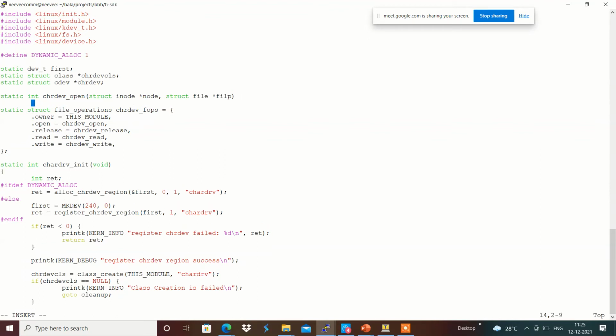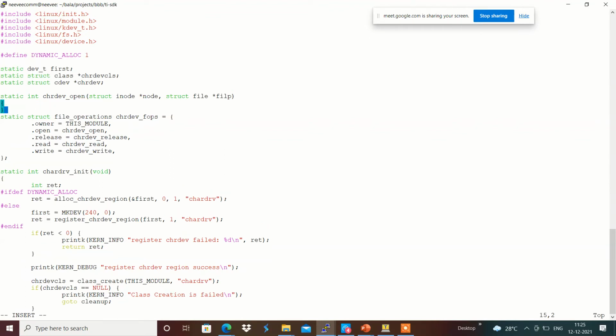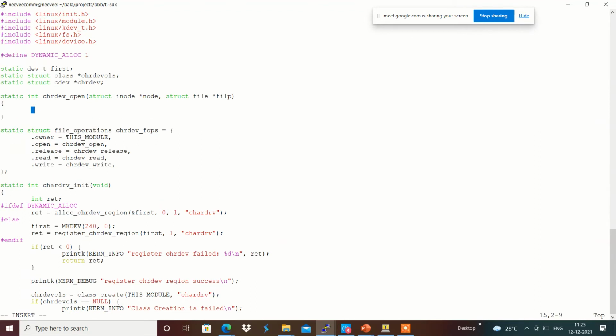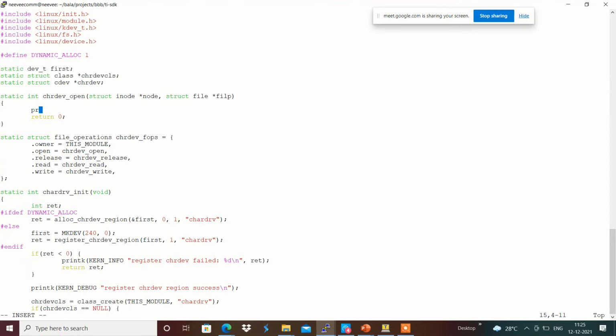I am going to add a return 0, and add a printk with KERN_INFO: device file is opened.